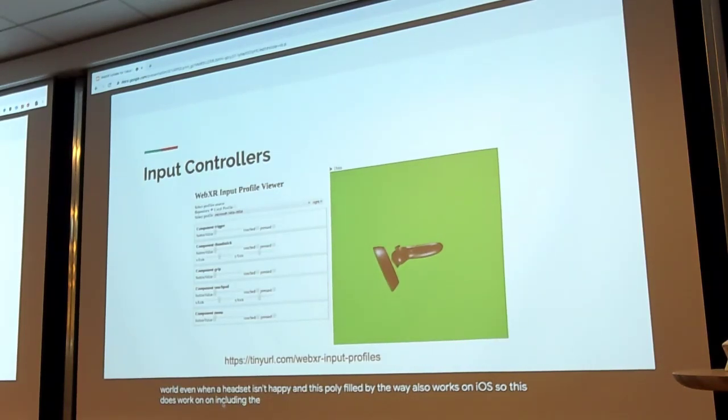The second piece of WebXR that I talked about was input controllers, and this module builds on the gamepad API in the spec. It adds support for the 6 degree of freedom controllers you frequently have with VR devices, or AR devices in some cases too. So like the Oculus Quest that I have, it has two pointers with it, 2 controllers, and it tracks exactly where they are, exactly which direction they're pointing.